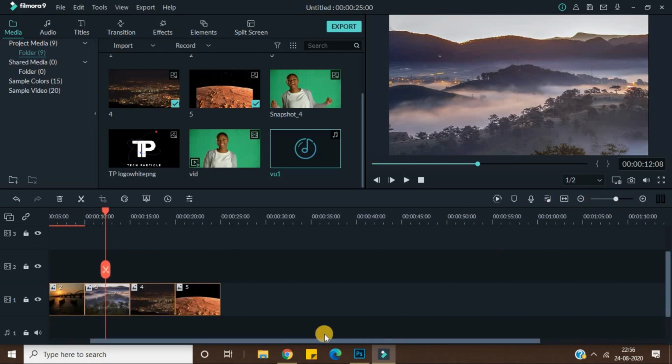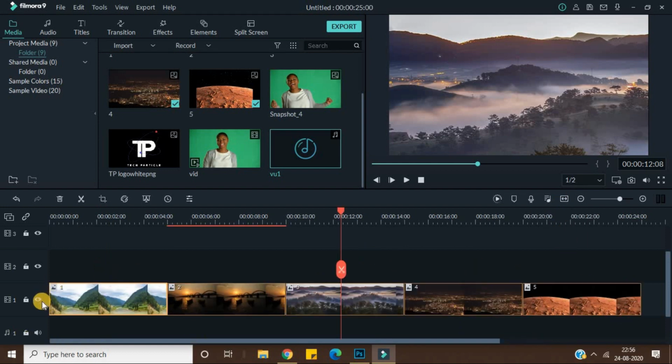Or if you want all the elements to be covered completely in this timeline, you can just click on this, and everything will be adjusted and fit in your complete timeline. So that is another thing.